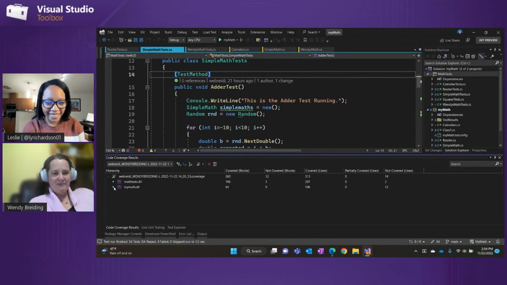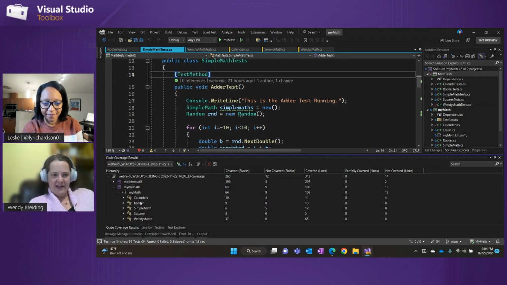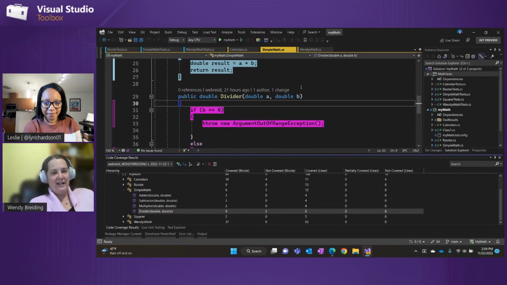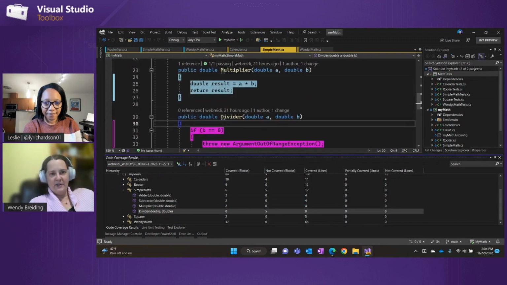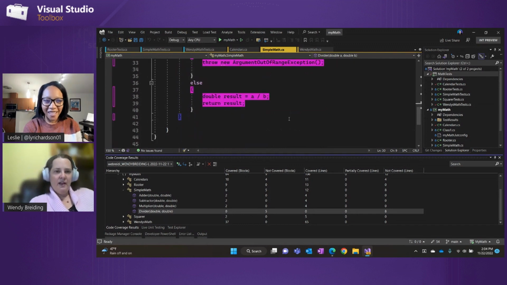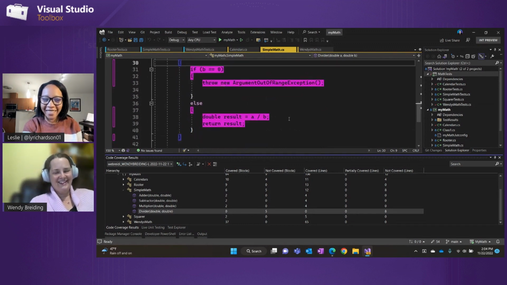Yeah, so here's my report. If I look at my math project here, I can click on my simple math, and it shows me which lines are covered, and it has this cool highlight feature. I've set my colors up so that the blue are the ones that are covered and the pink stand out, letting me know that I haven't written tests for this. That is so nice. I feel like it could be so easy to end up writing a ton of code and then just missing a spot that needs a test.